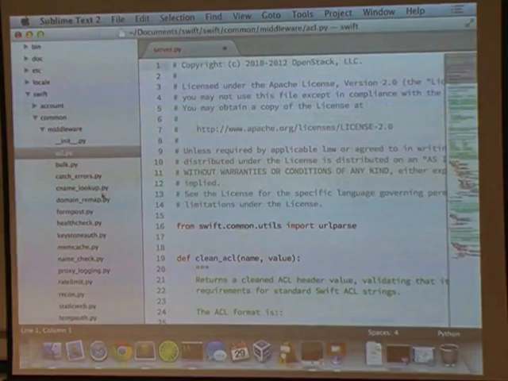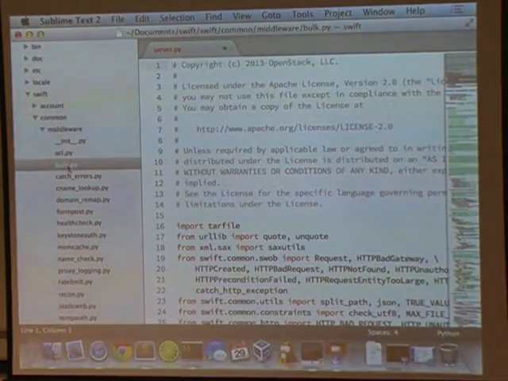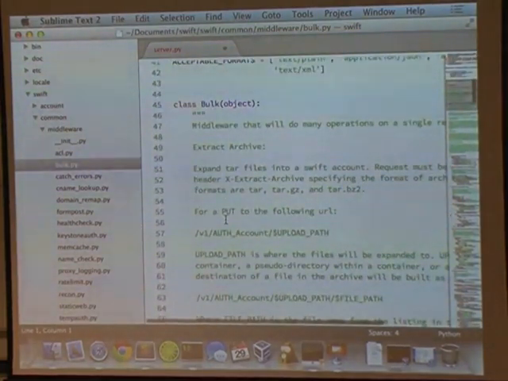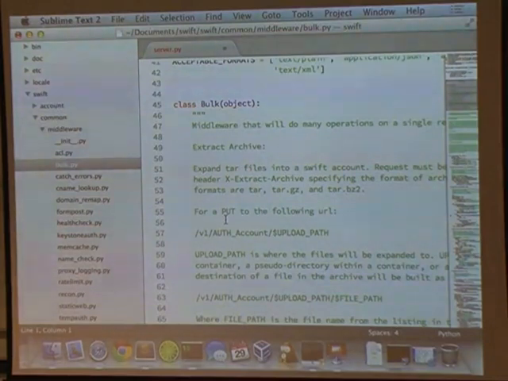ACL handling. This one, actually, I'll talk just a little bit about because it was just committed mere days ago. This bulk middleware allows you to do bulk operations. For example, say I need to delete 1,000 objects with one command. Or, the one that I'm really excited about here, let's upload a tar file and explode it on the back end. So I upload a tar file, and then each file that's actually referenced inside of that tar file is now an individually addressable object within the cluster. That's kind of a cool thing,